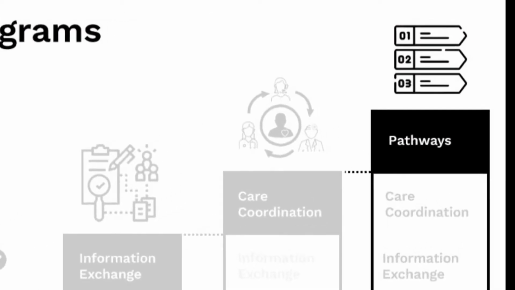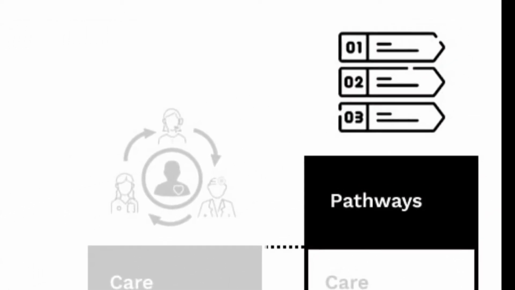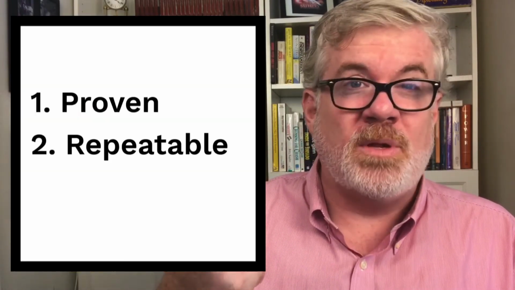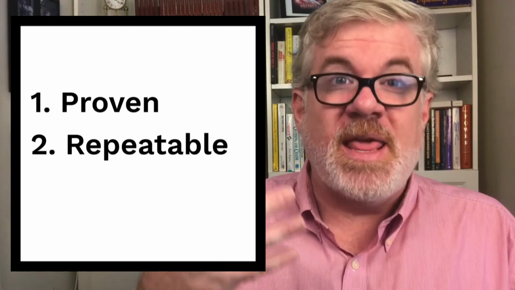Next, pathways. Okay, here's the cherry on top. People all agree that SDOH interventions work, but in the long run, for them to be truly mainstream, two things have to happen. The first is that interventions have to be proven, and second, repeatable. A pathway is basically a recipe for a social intervention so that the work that's being done is somewhat consistent